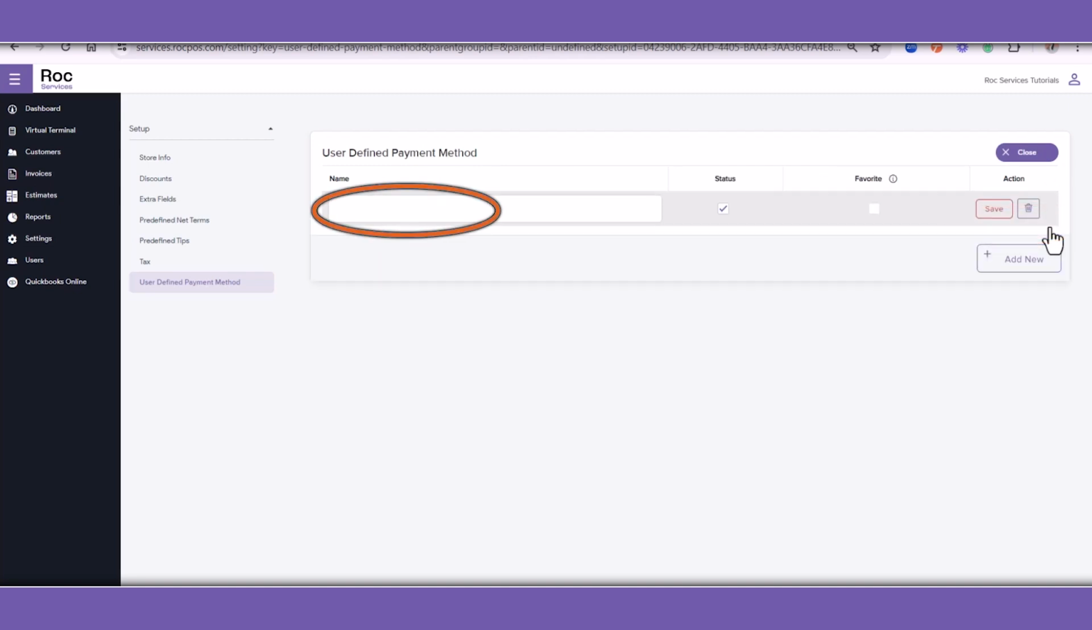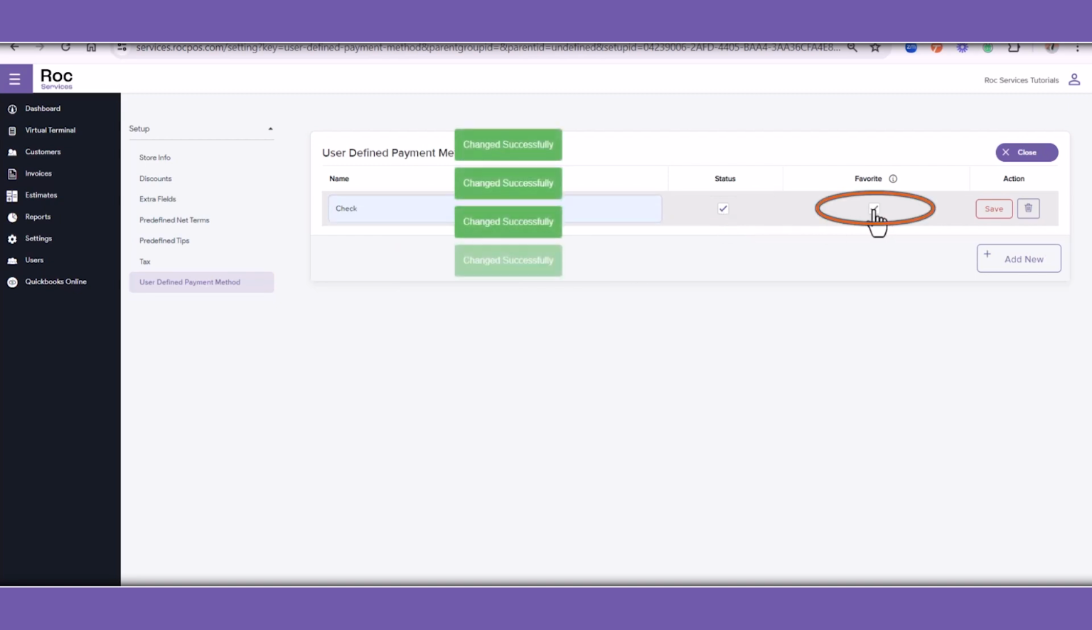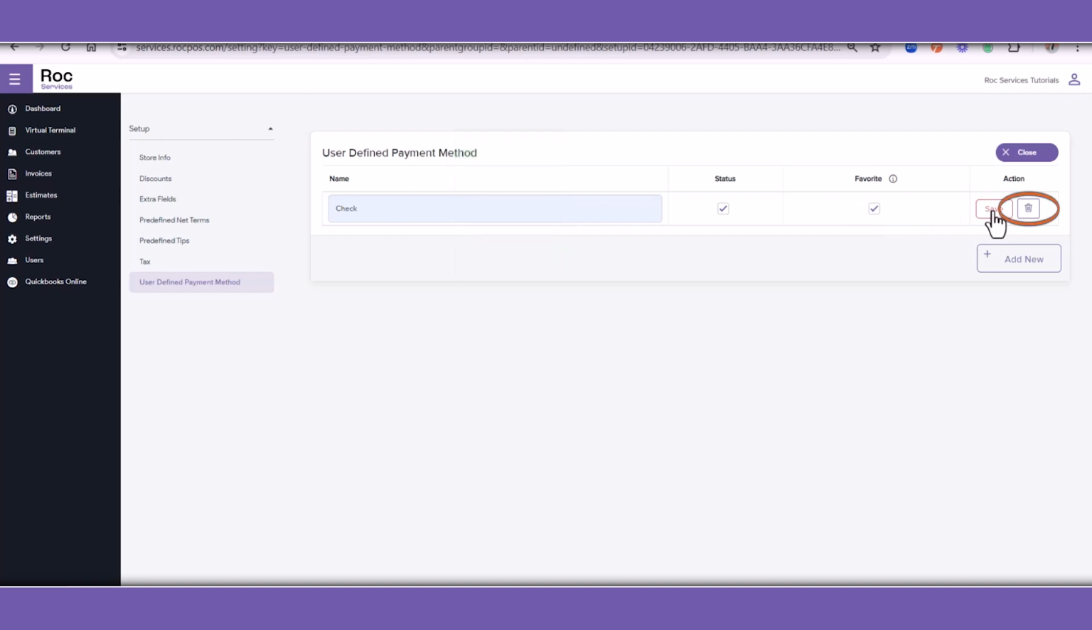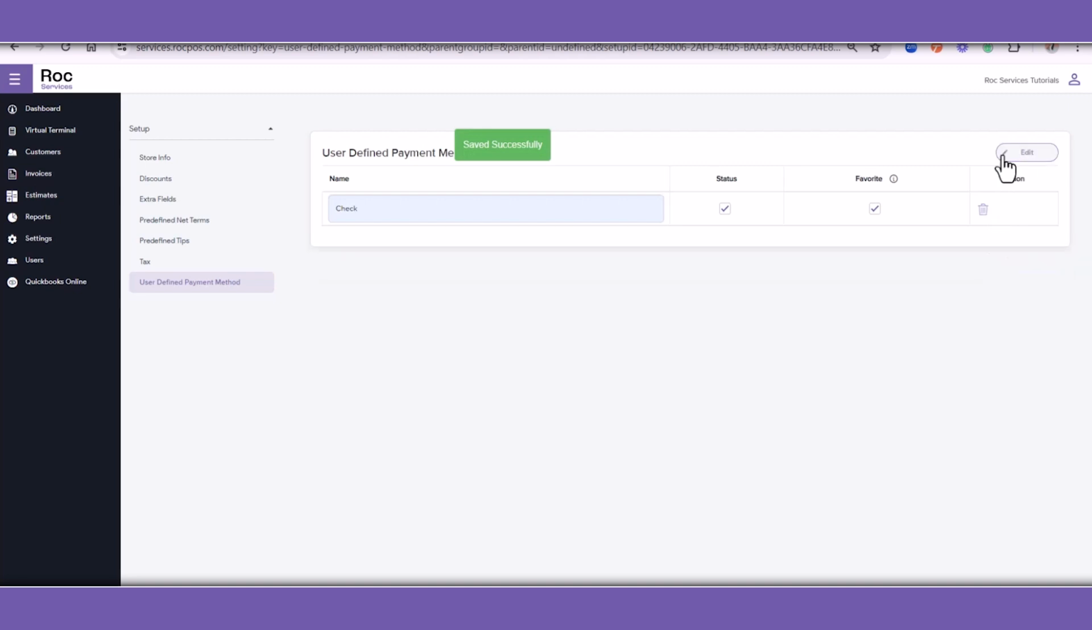I'm going to enter Check in the name field. Toggle the status box on to activate checks. Toggling this Favorite button ensures that checks are prioritized during the checkout process in the virtual terminal. The trash icon lets you remove any user-defined payment method from the system, and then finally, click Save to retain this new payment method. Alright, now that we have a user-defined payment method, let's take a look at the Extra